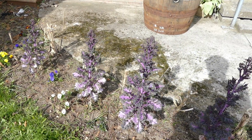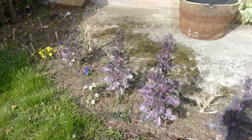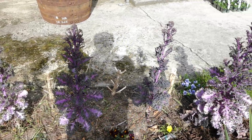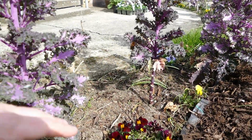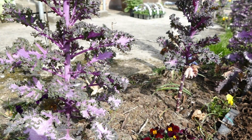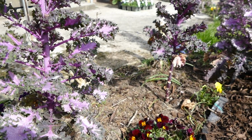I'm not going to dig this over this year because I dug it over last year, put in loads of goodness, put loads of compost and slow release organic fertilizer. I can't really dig this over now because I have all of these plants growing in it. It's not just the winter bedding, I've also planted this up with gladioli at the front and also some giant tree lilies at the back. So if I was to dig this over, it would damage it,